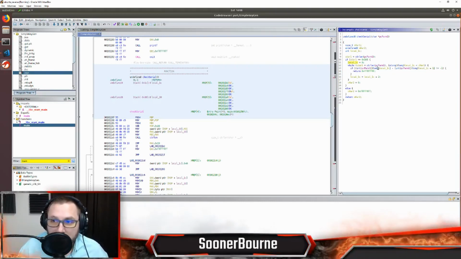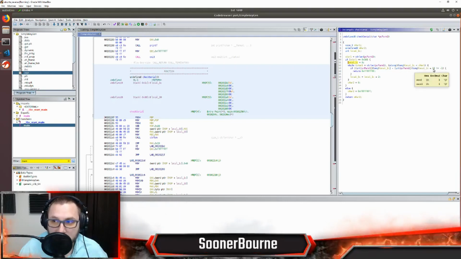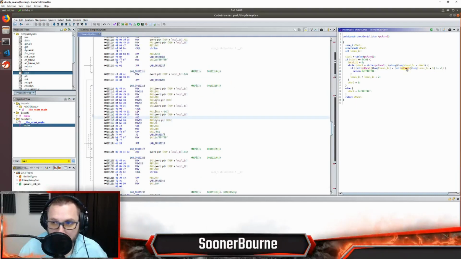So while this is true and the local variable here is less than this, we're going to get the int of one character minus the int of the next character, and so the subtraction of those two should equal -1. So this one should be one smaller than this one. And if so, then we're going to